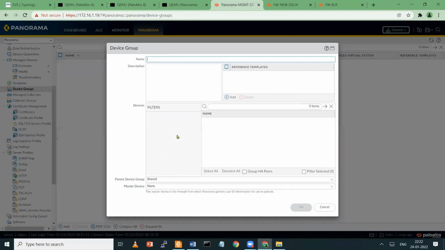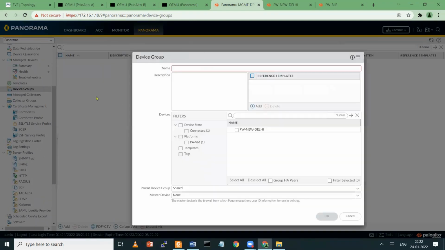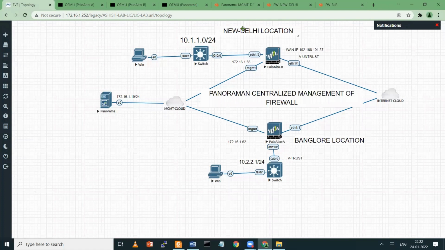Once I create the device group here, then only we get the option of the policy tab. And after that, the name also gets changed. So let's say I'm going to change the name. Let's say it's my Pune location. And this location name also I'm going to change. Let's say Hyderabad.